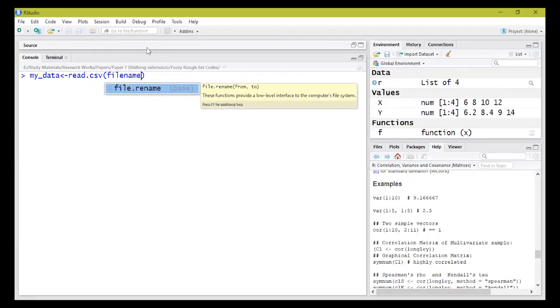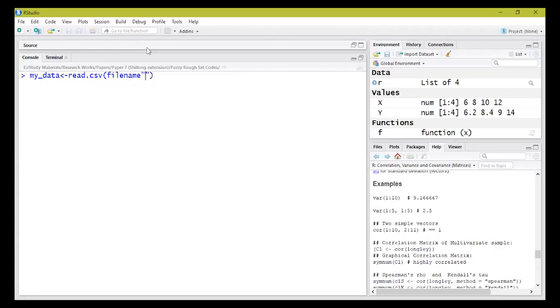You can directly give the file name like this. Any file name you have, you can directly give it here. But suppose I do not know the file name, and there are multiple files, and whenever I run my program I will consider different files. So I won't go for this.